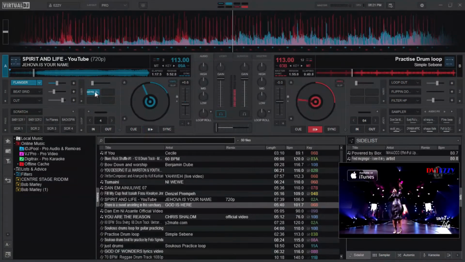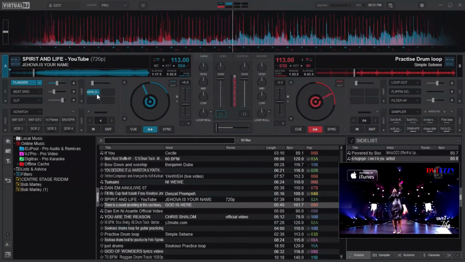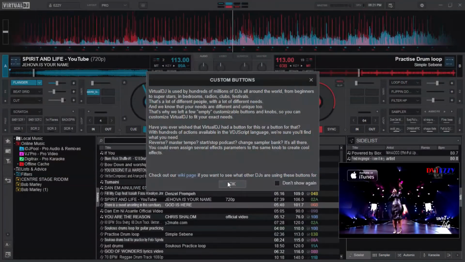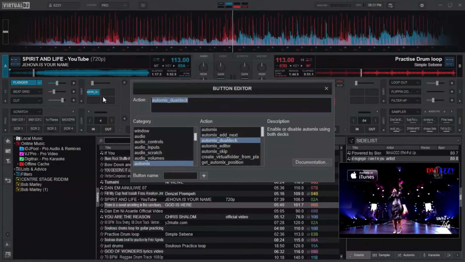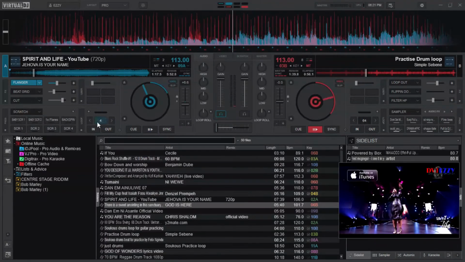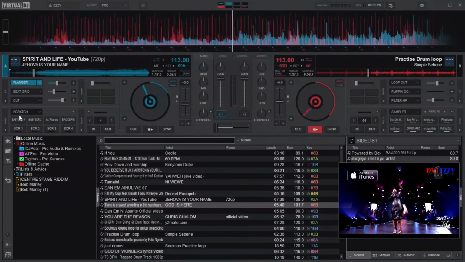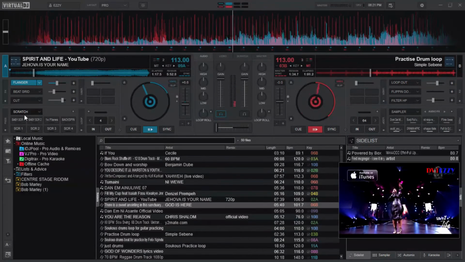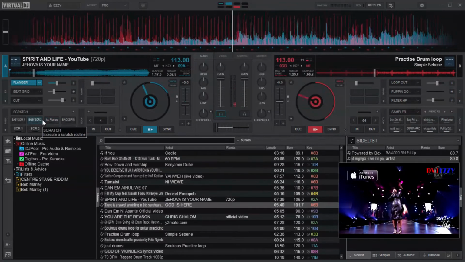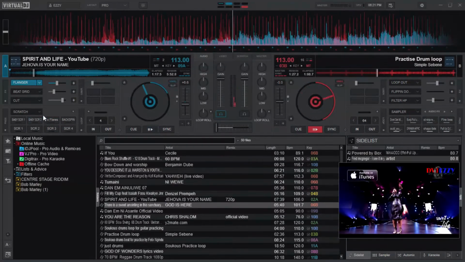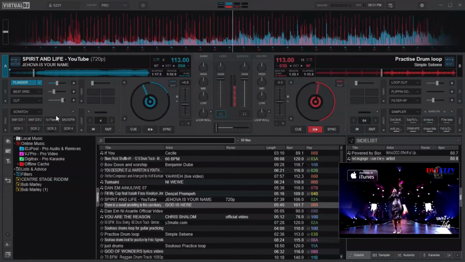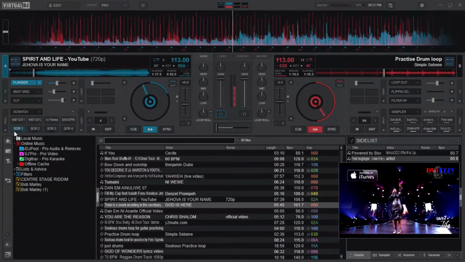Once it's loaded here, as you can see, you can just right click it and go back here. If you want to remove it, you just delete the action that is loaded there. It will be gone. Down here we have the path section. The path section will give you some options that will be applying effects onto the track that is playing, and this one now affects the track that is playing right away. It doesn't apply effects on top, but it affects the track directly.